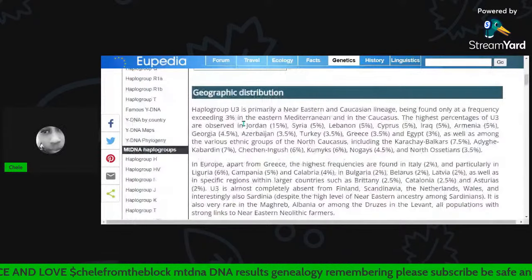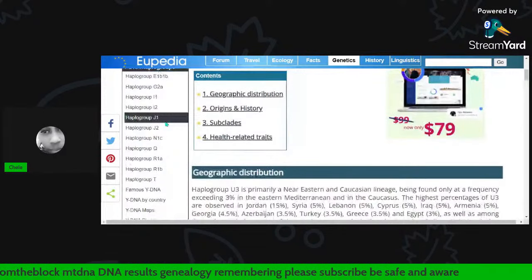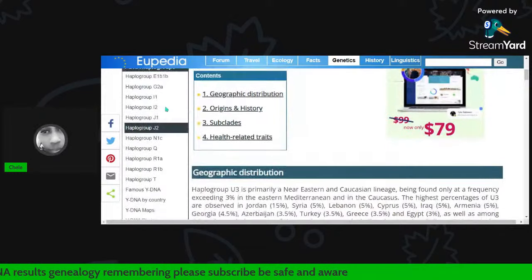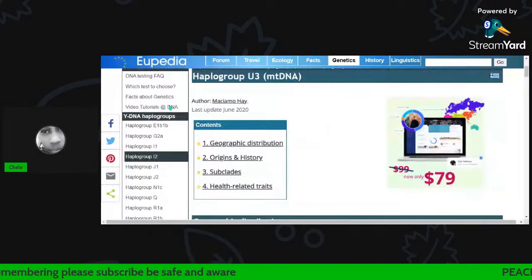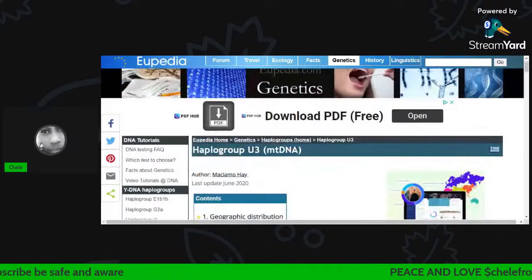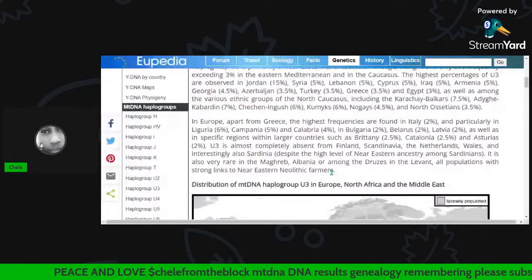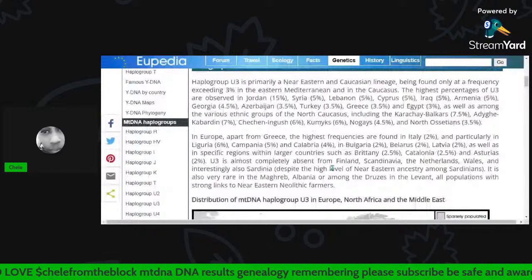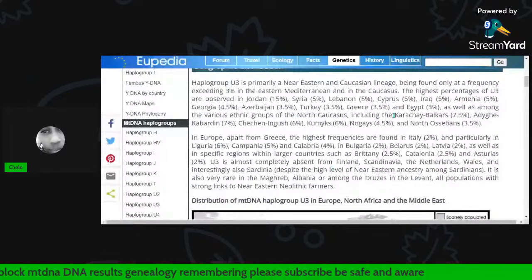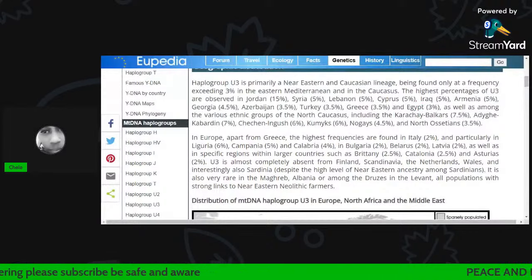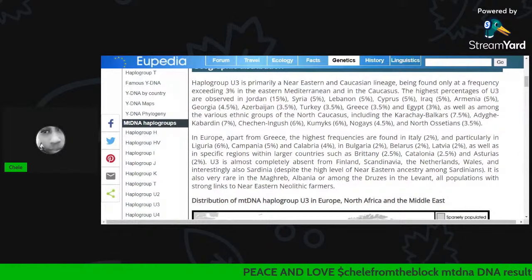Why don't I just come over here and hit this over here? Okay, so what are we doing? This is W. No, this is U3. U3 is for me. I'm going to say Spain, possibly Egypt. I actually have genetic matches, sample matches to U3, so I could probably look at the list of